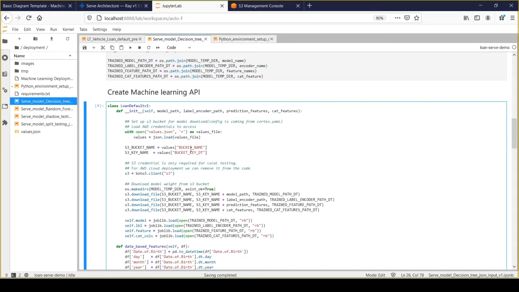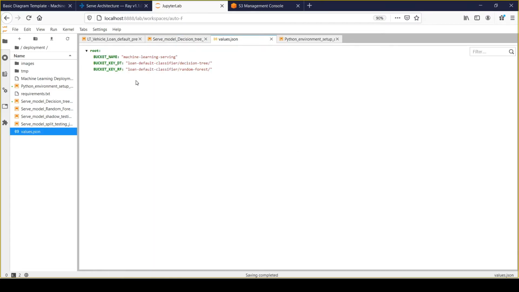And that's what exactly we are doing here. So here I haven't defined the bucket name or the folder names within this file. Instead, I have defined all those configurations within a JSON file, where I have defined the bucket name, which is machine learning serving, and the bucket key ID for decision tree, which is a combination of my folder, right? So it's stored within lone default, and under lone default classifier we have decision tree.